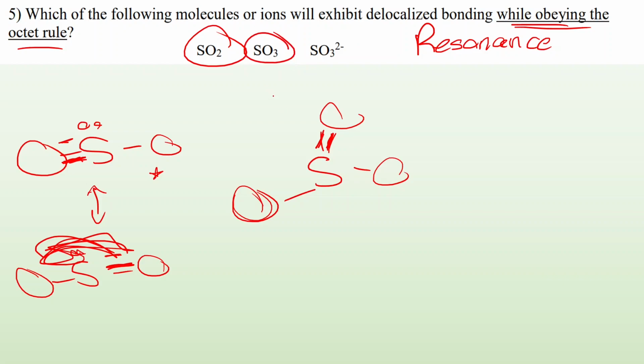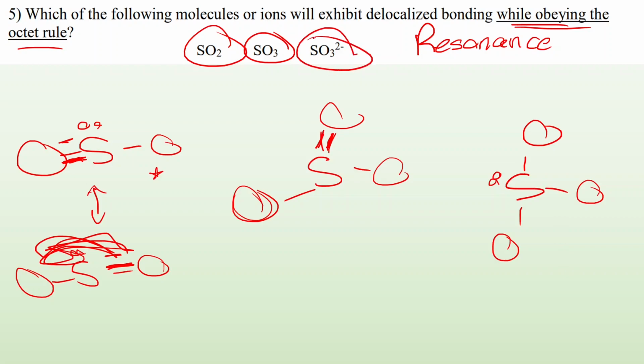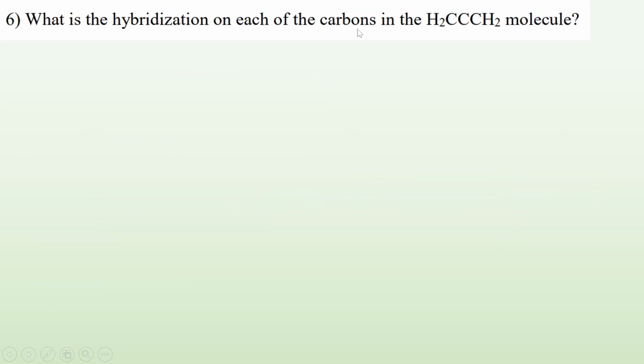And if we do SO3 2-, well, the Lewis structure for that while obeying the octet rule is going to look like this. And now there's no resonance. So not that one. So there you go. Number 6, what is the hybridization on each of the carbon atoms in